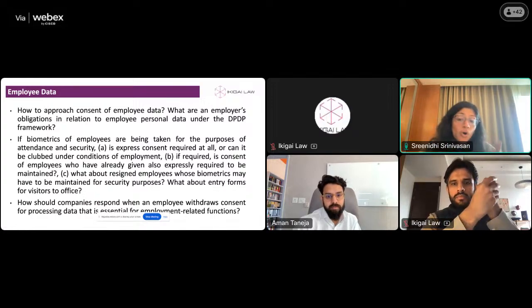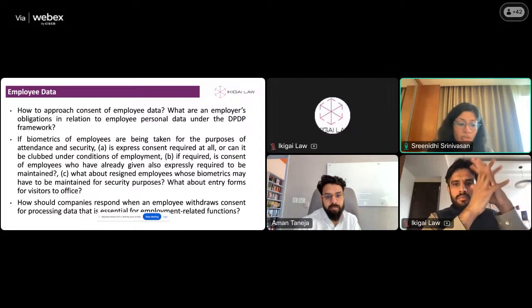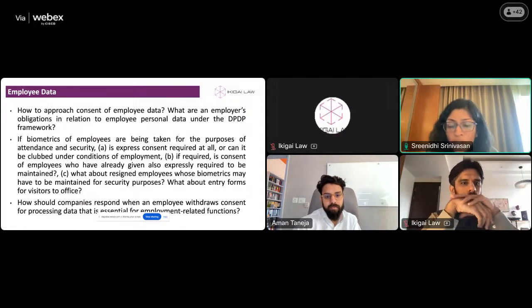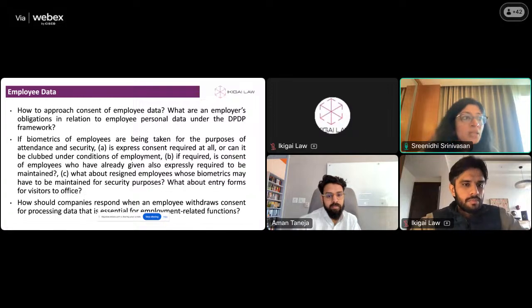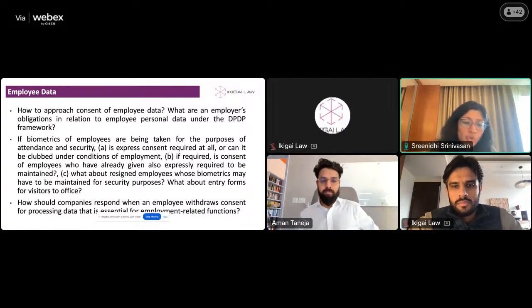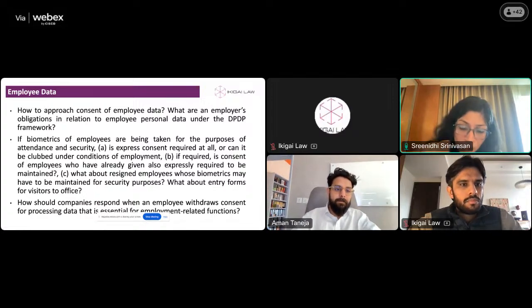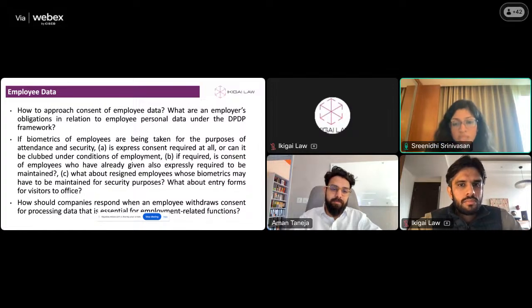So for each organization it might look different. What exactly is it that you're doing? Some close surveillance monitoring may be appropriate in certain kinds of security settings, but may not necessarily work for a random shop. So it would be very context specific. But yeah, routine processing you justify under employment purpose, but have a basis for that. But other stuff, then you'd end up having to take consent.